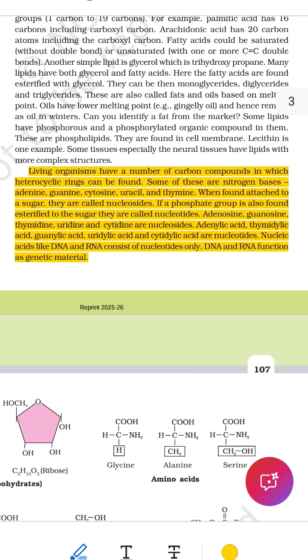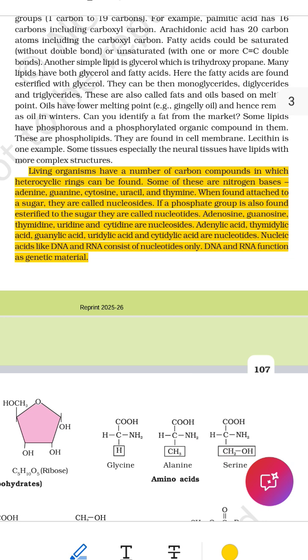The sugar can be ribose in RNA, deoxyribose in DNA. Deoxy means it lacks an oxygen atom compared to ribose. When a base sticks to a sugar, it forms a nucleoside. Examples of nucleosides: adenine plus sugar, adenosine; guanine plus sugar, guanosine; cytosine plus sugar, cytidine; thymine plus sugar, thymidine; uracil